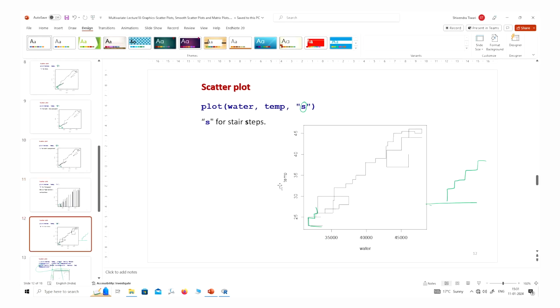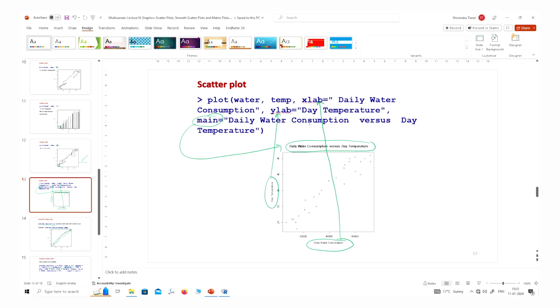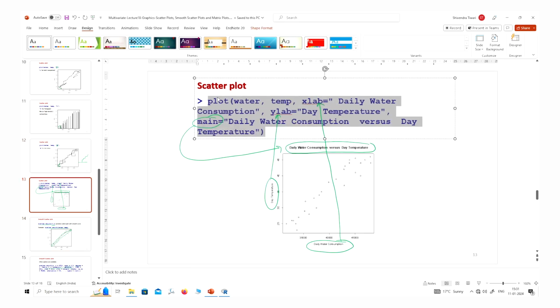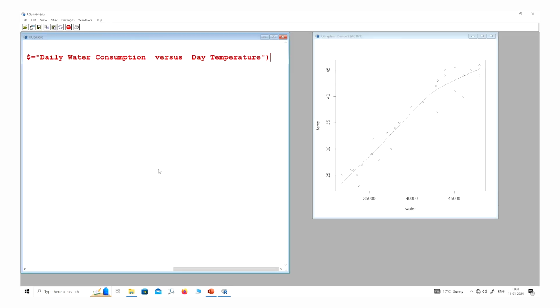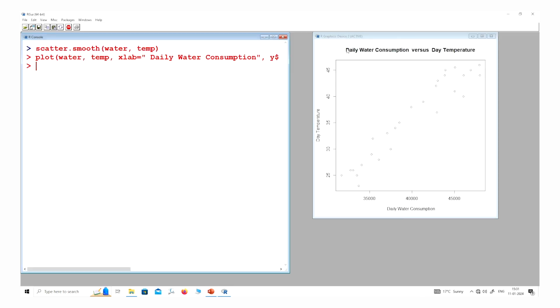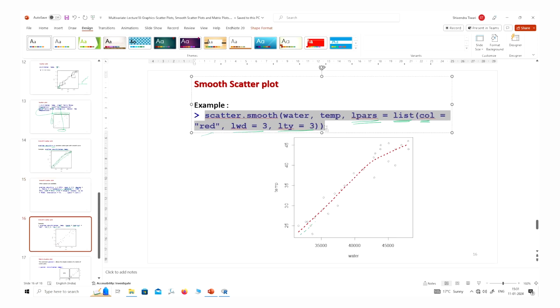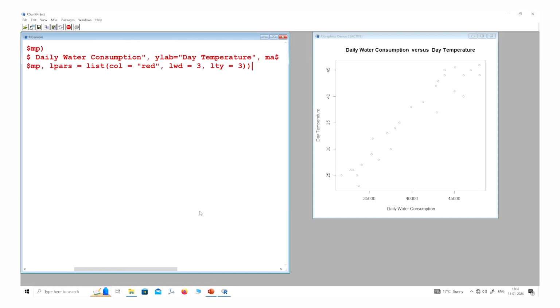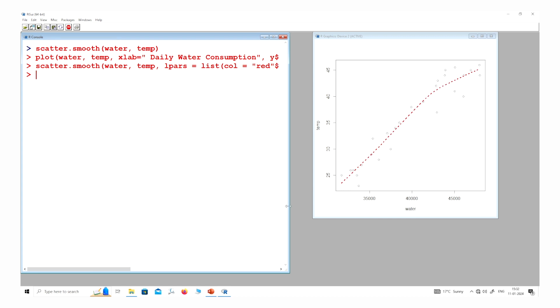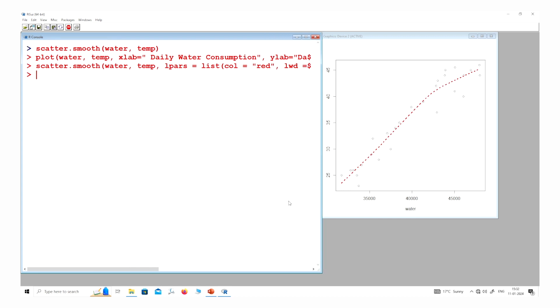Similarly, if you want to make it more beautiful, you can write a plot with different types of options, and you can see now you are getting this title, daily water consumption versus day temperature, and the x-axis and y-axis labels are daily water consumption and day temperature, right? Similarly, if you use this scatter.smooth command with different options, then this line is going to be changed like this one.